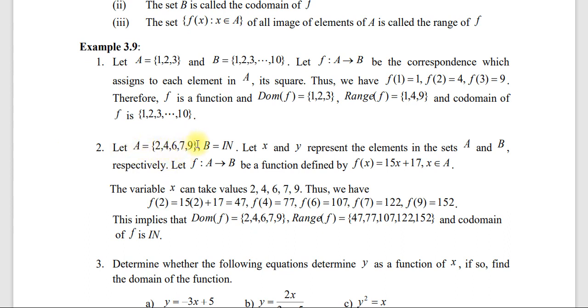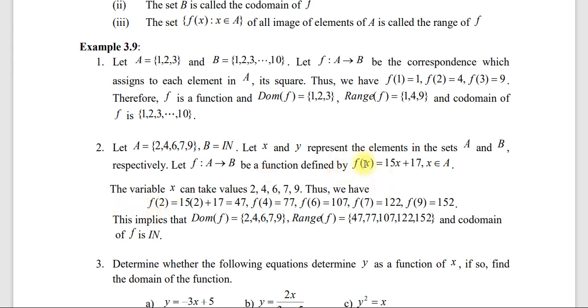ኦኬ next example let A which is equals to the set containing 2 4 6 7 9 and b ደግሞ natural number ቢሆን let x and y represent the element in the set A and B respectively. x A ላይ ያለን ኤሌመንት ይወክላል ወይ ደግሞ B ላይ ያለን ኤሌመንት ይወክላል ብንል let f says that A into B be a function defined by f of x which is equal to 15x plus 17, x is an element of A ነው ብለናል። x የA ኤሌመንት ነው ወይ ደግሞ የB ኤሌመንት ነው ብለናል።